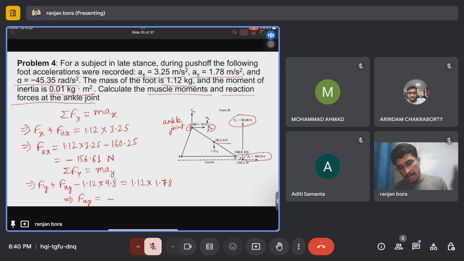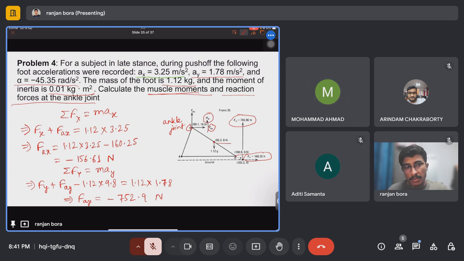It will be minus 752.9 Newton. Now to find out the muscle moments, that means it is asking for the moment MA. To calculate the moment MA, we will do the moment equilibrium about the center of gravity of the foot,